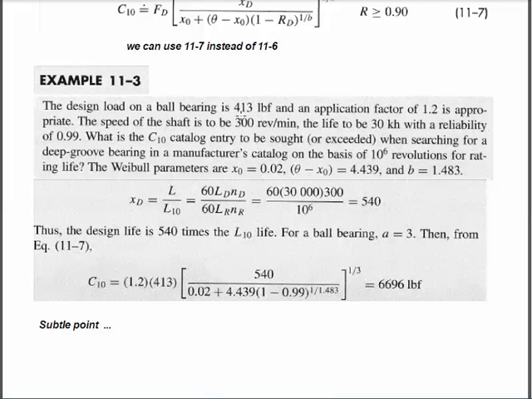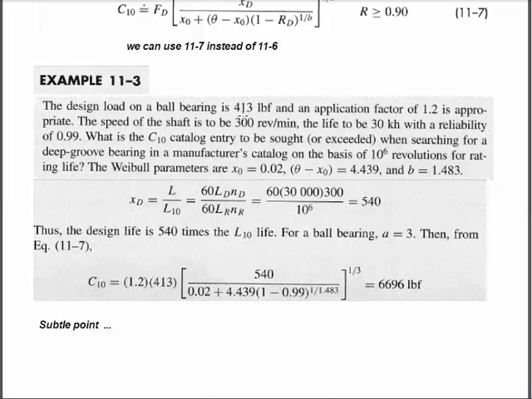But if I went to the catalog and grabbed a 400-pound bearing and applied 400 pounds to it, how long would it last? The answer is 1,000,000 revolutions, and only 90% of my bearings would get there. If I want to apply the 400 pounds to the bearings and have it last 540 million revolutions, 540 times as long as the catalog, then I better pick a heftier bearing than a 400-pound bearing. And if I want those bearings, 99% of them, to survive under that load and life,